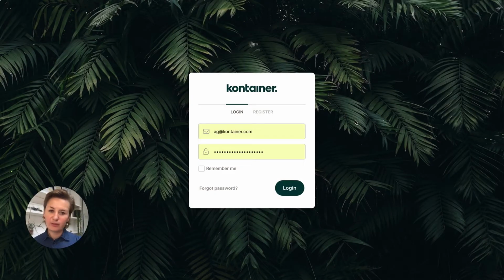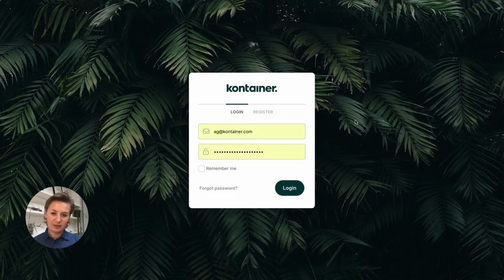Your login screen will look different than mine depending on your company setup. There are also different ways for your users to access files and folders in Container, and I'll cover that more later on. For now, all you need to know is that what anyone sees depends on the permissions set on their user. So you can have different types of users internally and externally, like for example, colleagues, agencies, press, distributors. They will require access to different files and different types of data.